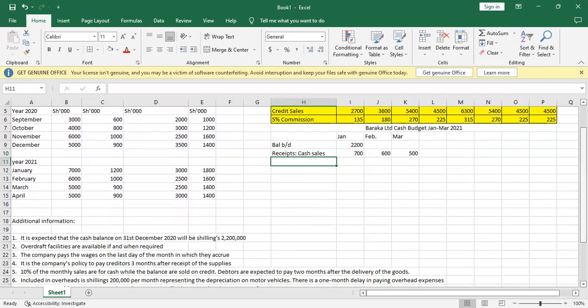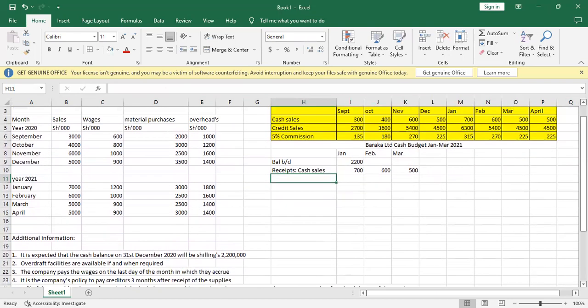So this is the goods column. I have the purchases. So after we receive the goods, we are paying 2 months. So in January, we'll be having the payment for which month? Which debtors will be paid for that particular month? This will be the debtors for November, isn't it? So I'll be looking for, let me see,